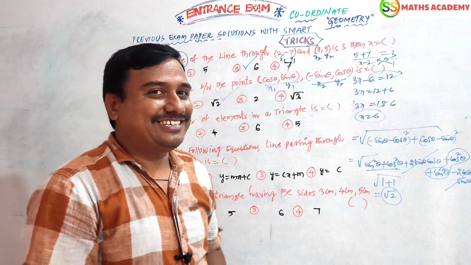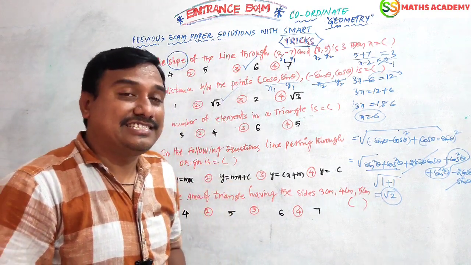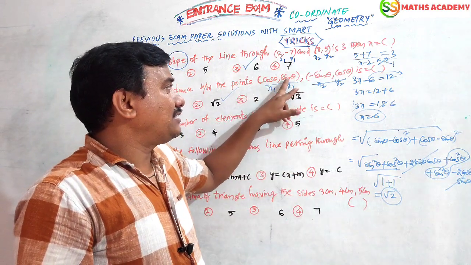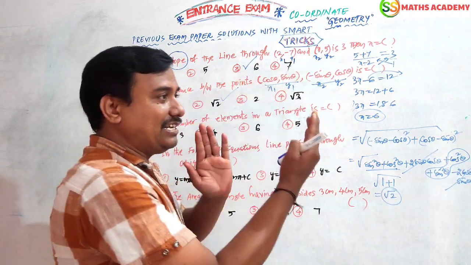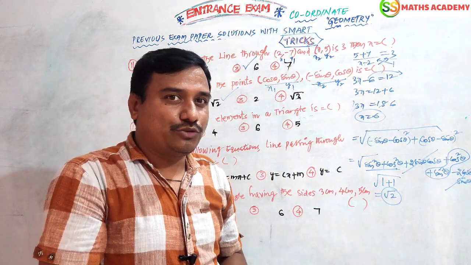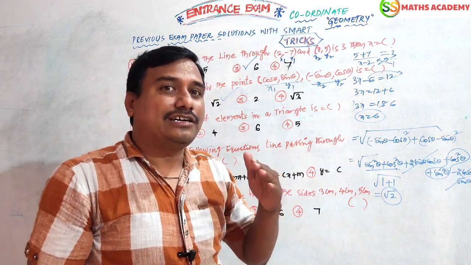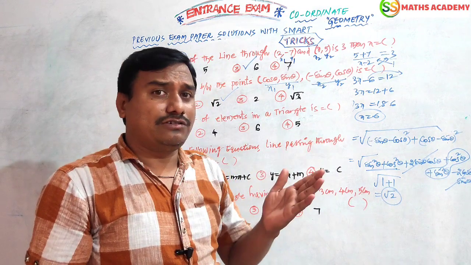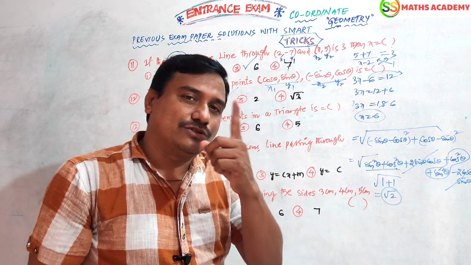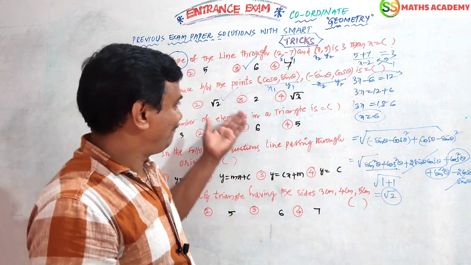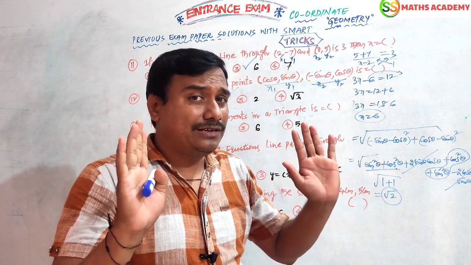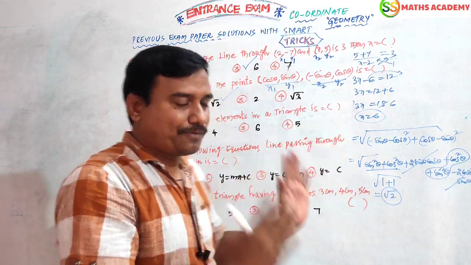I told you the direct answer because I know the process. Simple 5-second answer. Cos sin cos, cos sin cos, alternating there. By doing (x2 minus x1) whole square plus (y2 minus y1) whole square, we will get sin square theta, cos square theta, 2 sin square theta, 2 cos square, 2 common, root 2 common, inside value 1, root 2 into 1, root 2. You will get that answer. Remember, root 1 plus root 1, root of 1 plus 1, root 2.